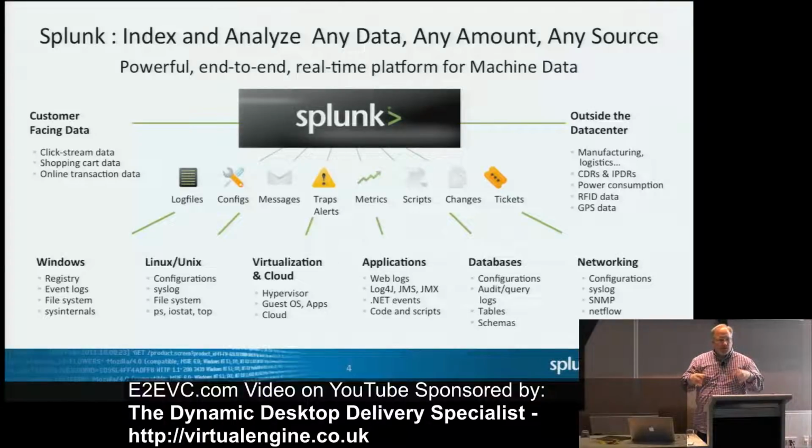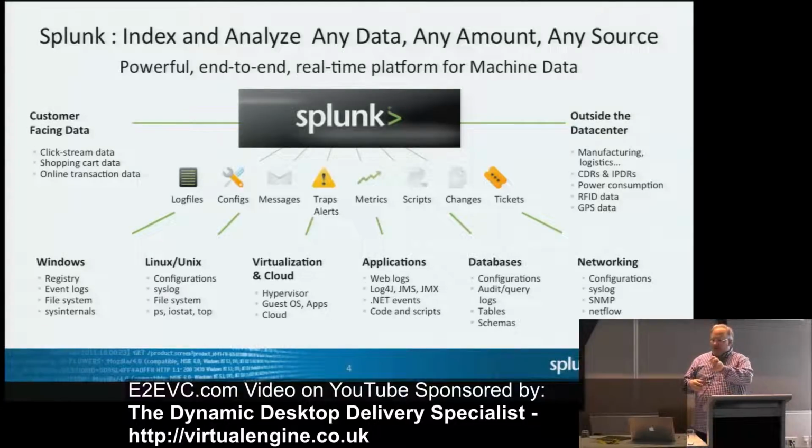The primary component, or what most people think about us, is the indexing. So we're a data engine. You can send any kind of textual data you want to Splunk. It doesn't matter what it is or where it came from. It can be anything from server logs to oil rig data. If it's textual data, you can send it to Splunk. We're going to take that data and store it exactly as it's sent to us in a map-reduced index that can be on 1 server or 1,000 servers. The more servers you throw at it, the faster it gets.